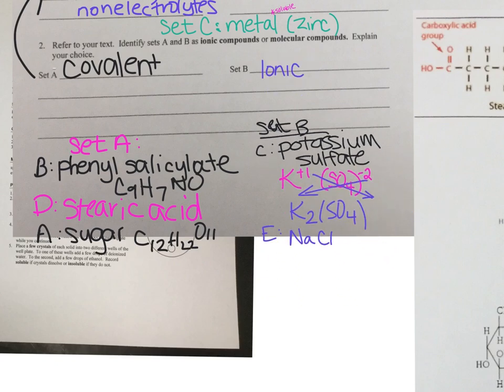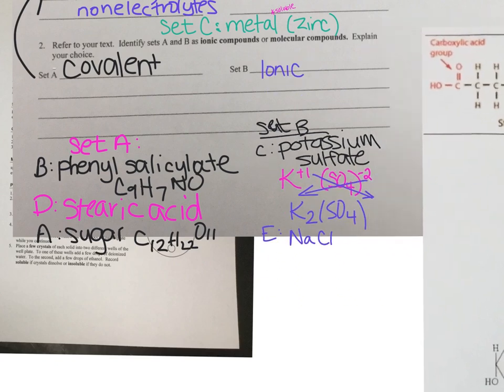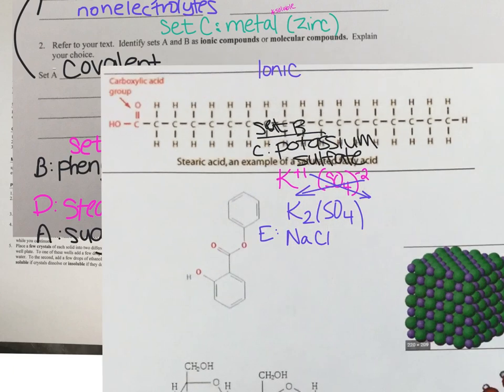So you need to use these as another way to decide what you have. So if I give you a whole data table and I'm saying, hey, this thing conducted electricity when it was dissolved in water, what type of compound, or if I give you a list of compounds, you should be picking something that's ionic off of it. All right, so this is just another way for you to distinguish ionic covalent. Okay? All right, so I do want to show you, though,